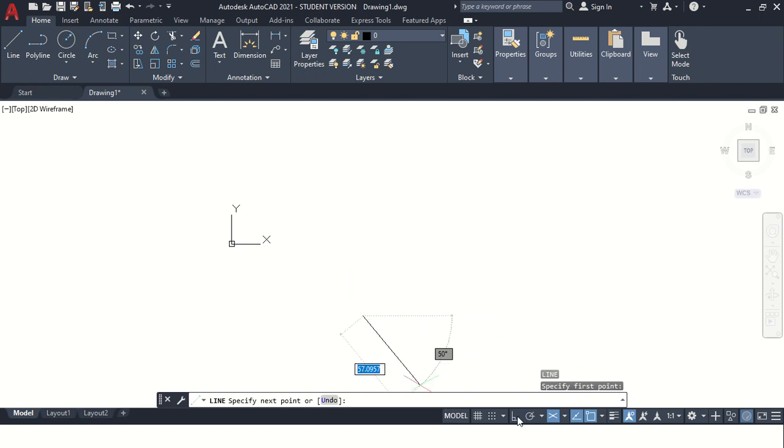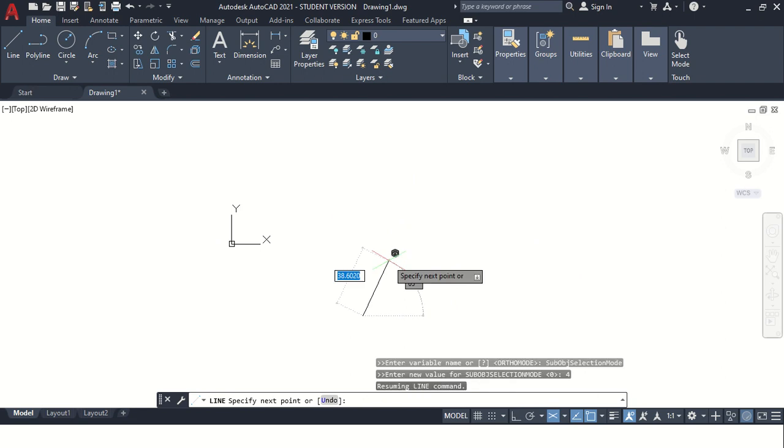I'll keep ortho on. So now we are working in the top plane. We can draw only 30-degree inclined lines towards left and towards right. Now if I want to change the plane, use the toggle key F5. So you can change the plane.